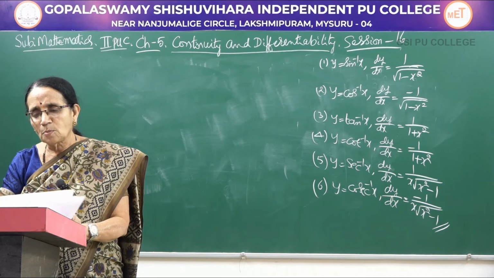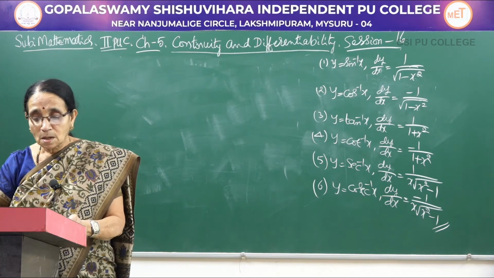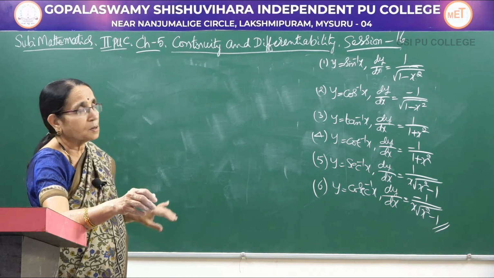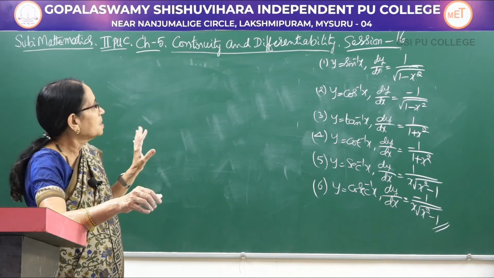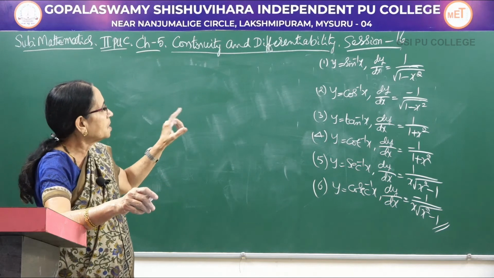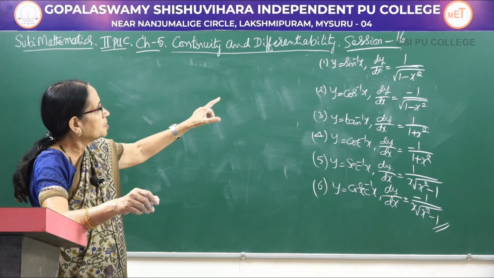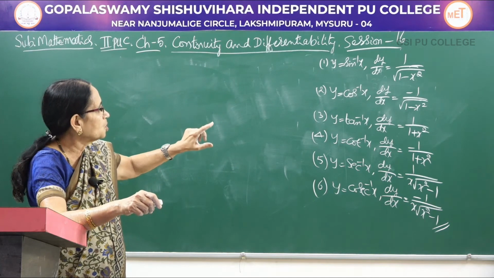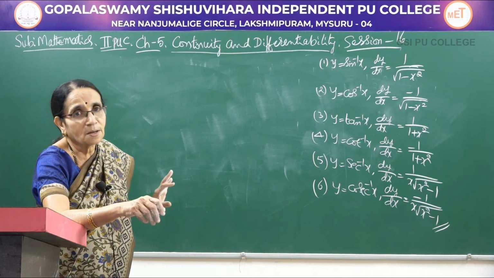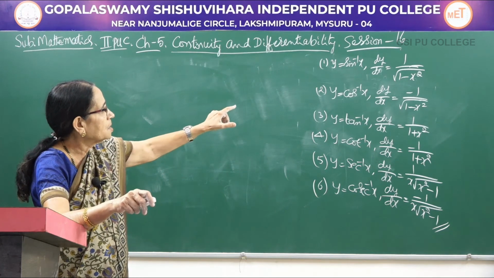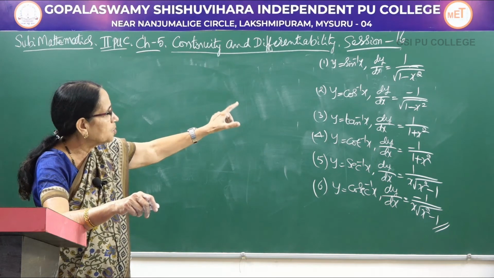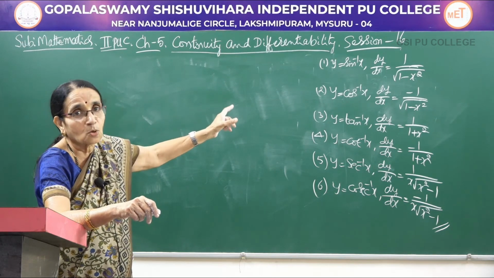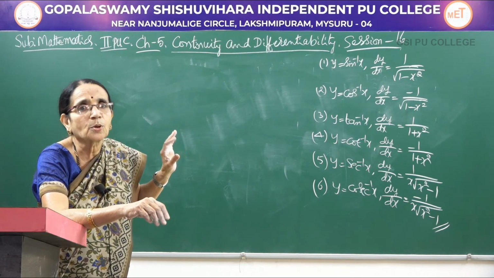See, working out the problems, you may not have the same x here. See, the basic thing you remember, sin inverse x. Sin inverse x means, look at the right hand side, that is dy by dx. Dy by dx is 1 over root of 1 minus x square. So, when x is there, in the denominator we have square root of 1 minus square of that number. In the place of x, suppose you are having root x, then it becomes a composite function.